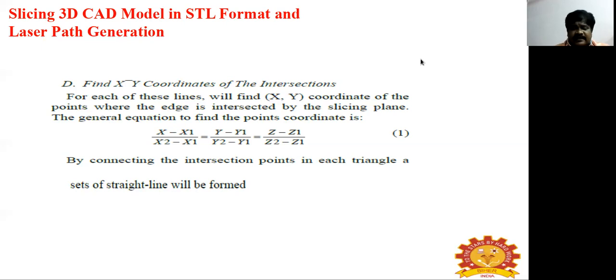The orientation of our object facets, that is the triangles in the STL file, will be determined by the direction of the normal, as well as the order in which the vertices of each triangle are listed in the data.